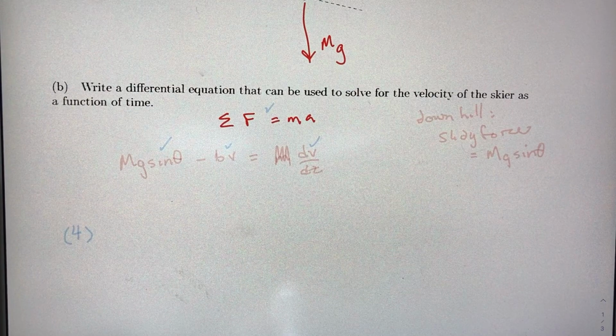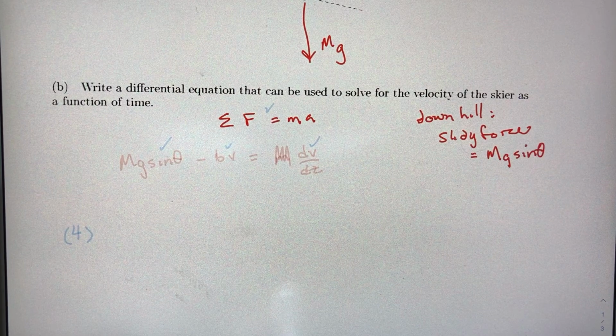Differential equation, again, we're going to write m dv/dt, but what are the forces? It's the sliding force, this time it is sine, because it's on a ramp, which is the sine component, and then minus the drag force. So